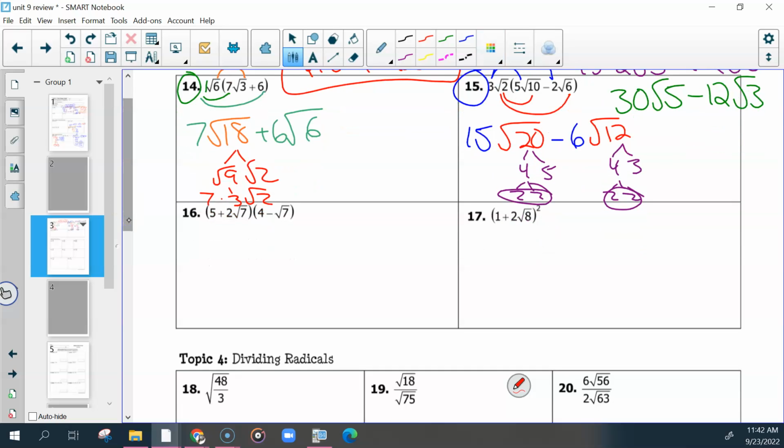We're not gonna do this one. It's not gonna be on the quiz or the test anyway. So we'll do this one. This would be similar, but